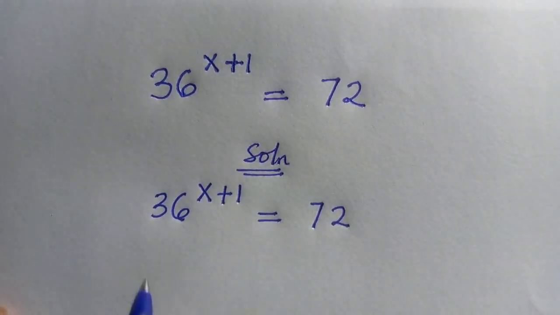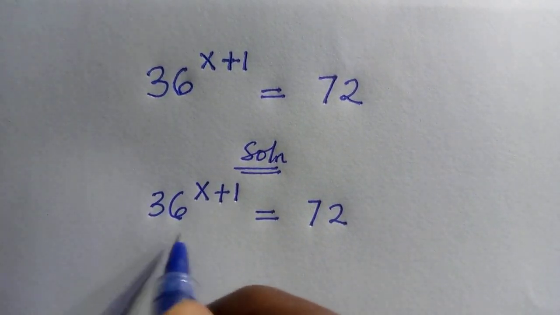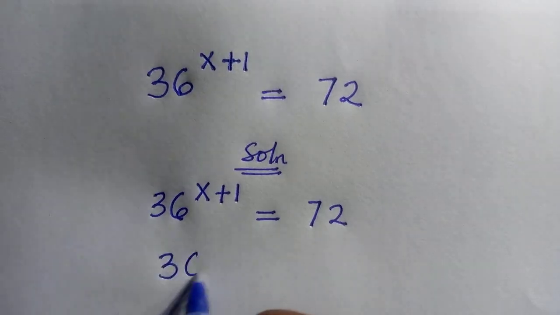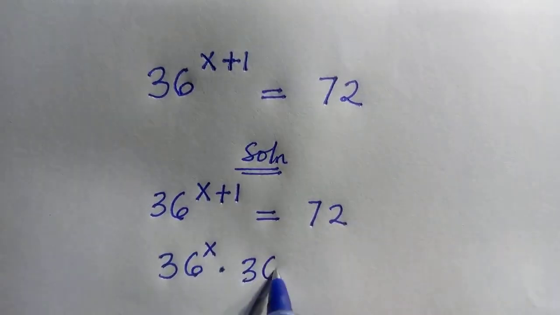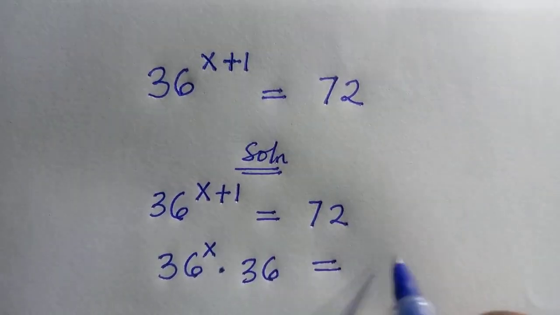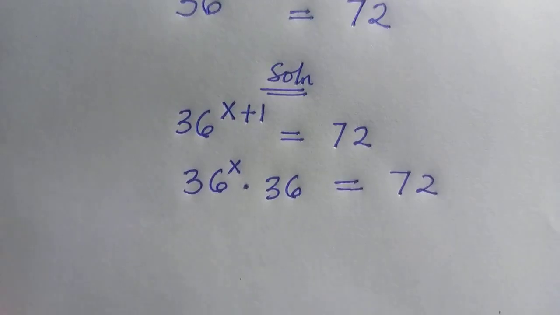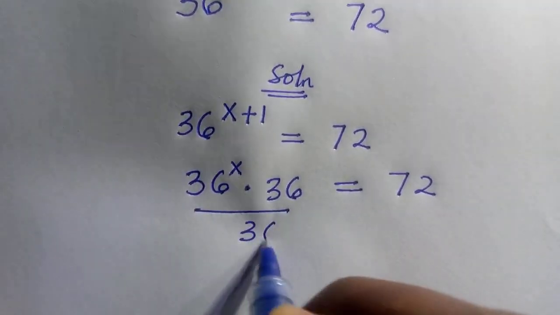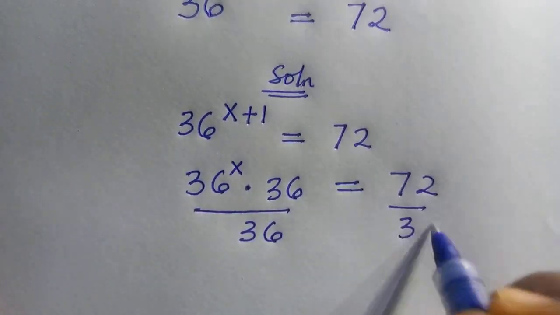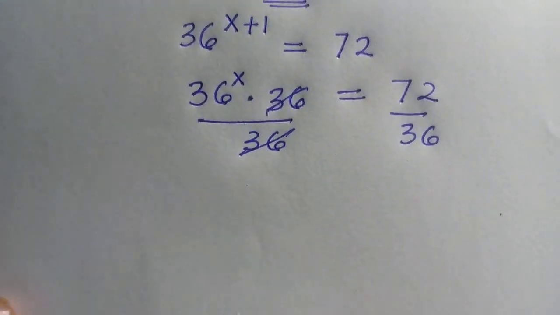So next, we are going to apply the rule of indices that says we are going to split this as 36 raised to the power of x multiplied by 36 equals 72. So having this, we divide both sides by 36, and 36 cancels 36, so that we have